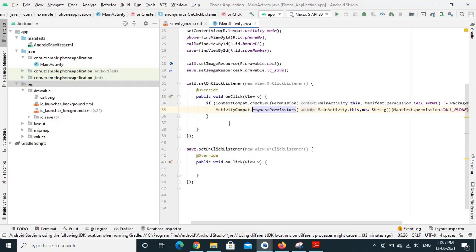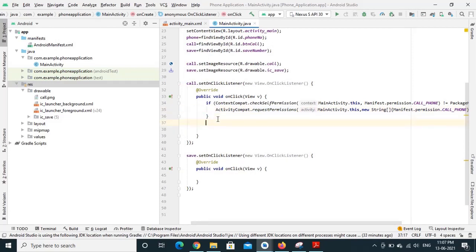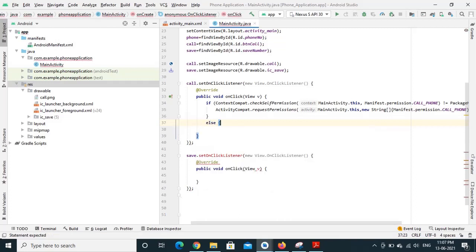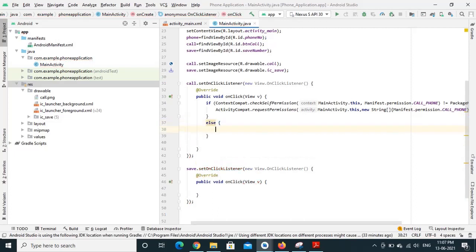If the permission is already granted, then we go with the else part. Else, if the permission is already provided, then we have to place the call. In order to place the call, we are starting a new activity here, that is action call.